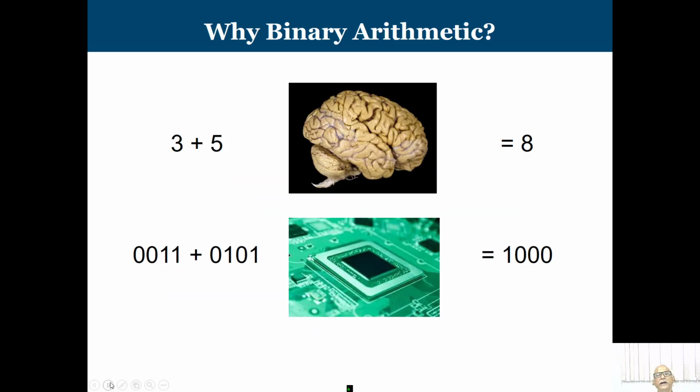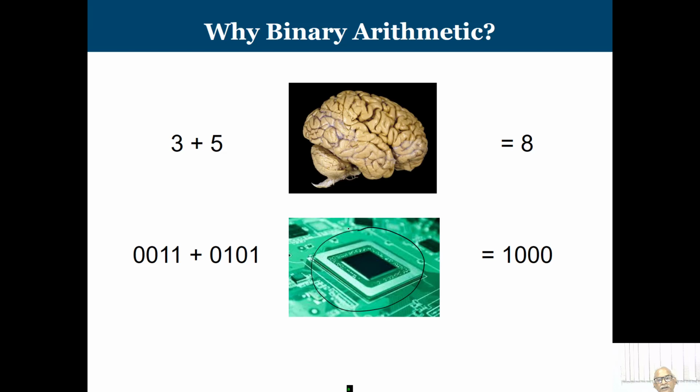So, why do we need binary arithmetic? From childhood we are learning arithmetic. If I talk about 3 plus 5, immediately we will say the answer is 8. Our brains process it and do this. But when I am going to use computers, the processor that we have inside our computer is an IC chip, an integrated circuit chip. Here we are going to do it.